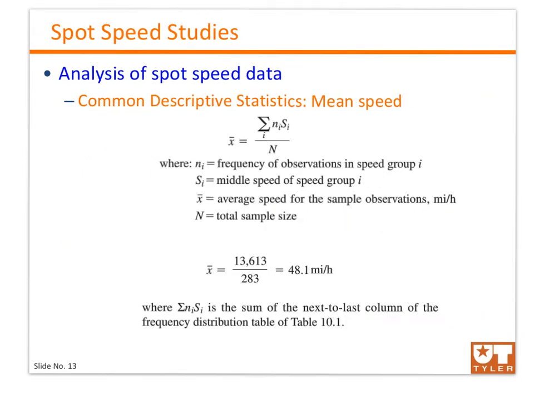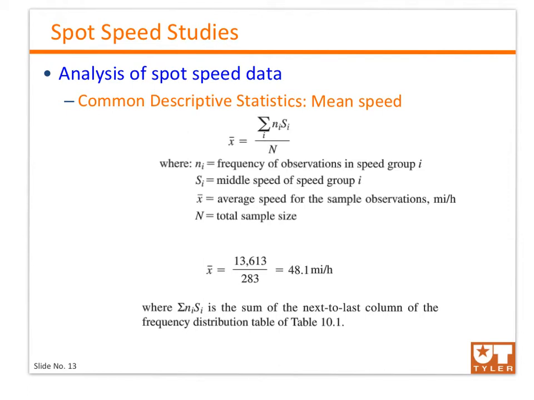So, some of the common descriptive statistics. First of all, we get the mean speed. The mean speed is simply the average, and the equation is: Ni is the frequency of observation in any speed group, times Si, which is the middle speed of that speed group, over the total sample size. So simply, as I mentioned in the table, you would multiply the speed times n over the total number of